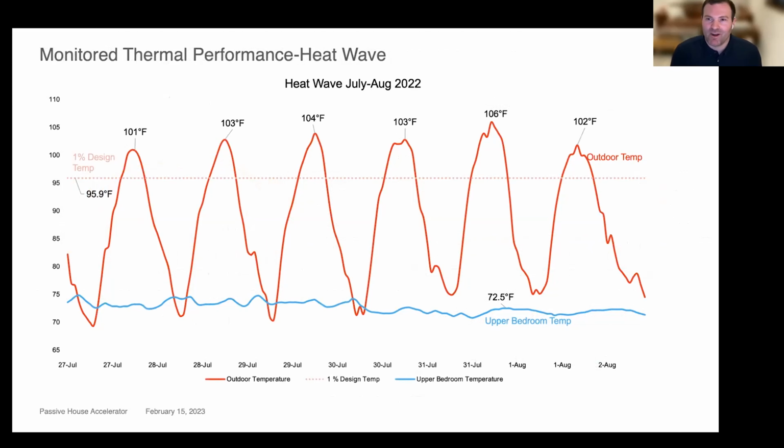Now getting into some monitored data. So during a heat wave, this was the hottest period that we had from July to August in the first summer that we lived in this home. And you can see the 1% design temp is this pink line at 96 degrees Fahrenheit. And we exceeded this temperature on multiple days. And then our most critical zone, which is our upper bedroom, even on this day, which is well above our design temp at 106 degrees Fahrenheit